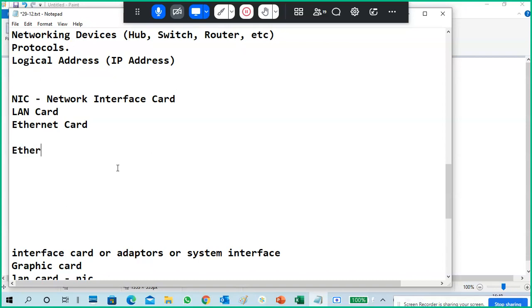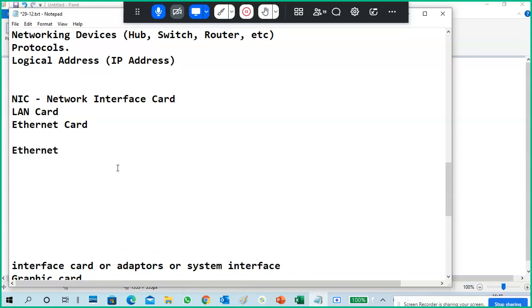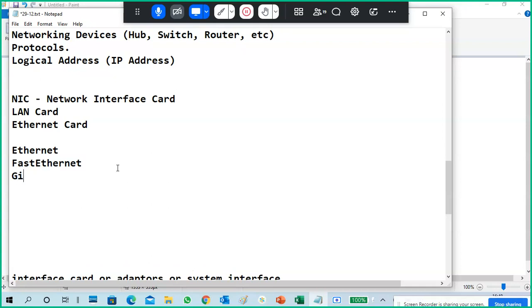The types of these NICs are Ethernet, fast Ethernet, and gigabit Ethernet. There are mainly three types of NICs in the market.